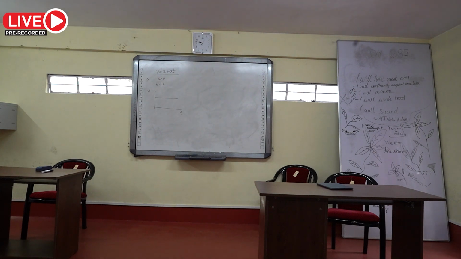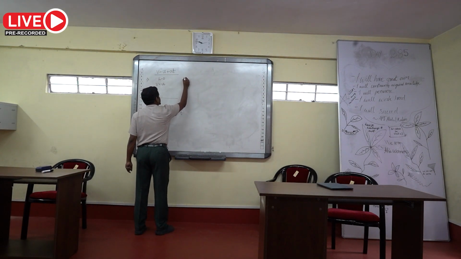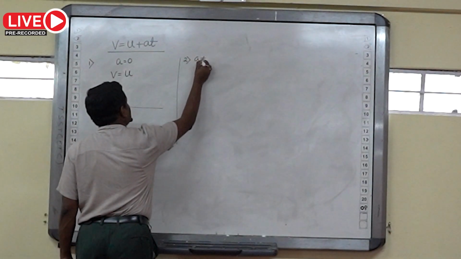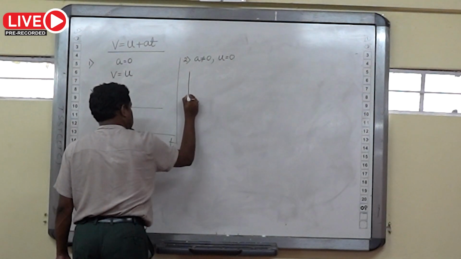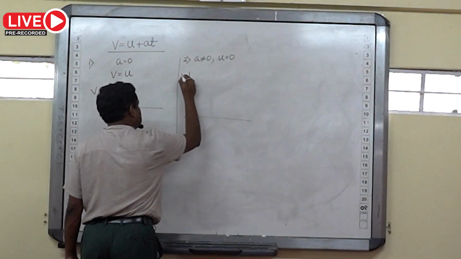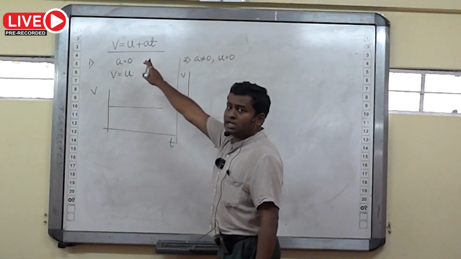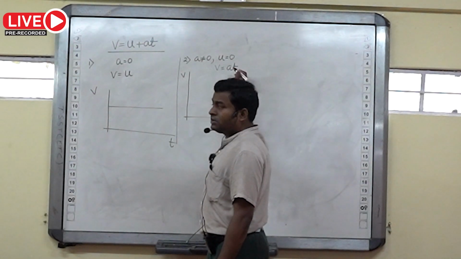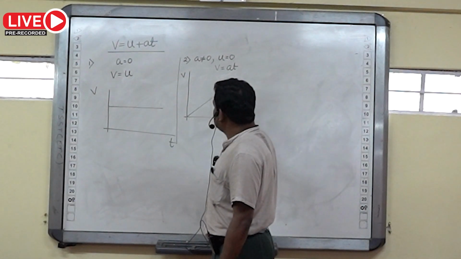Now, if acceleration is not 0, first we consider this case: acceleration is non-zero but initial velocity is 0. So this is V, this is T. Now in this situation, that equation reduces to V equal to AT only, because I considered U 0 and A non-zero. So it is similar to the S equal to UT graph,